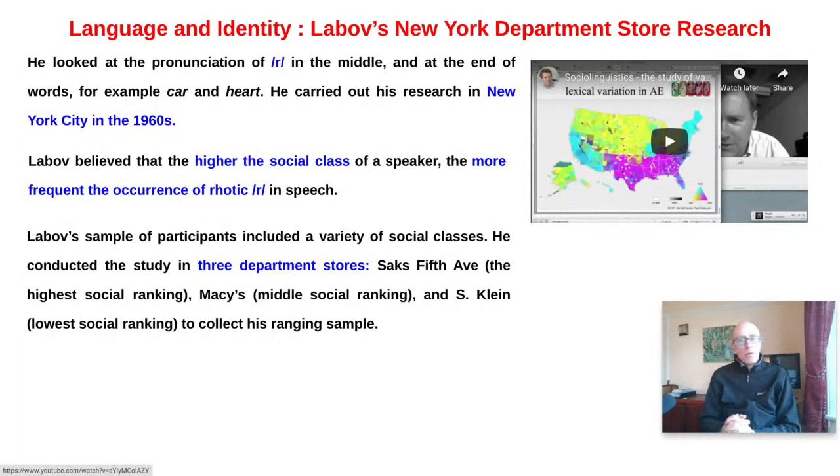Famously, he interviewed a whole load of shop assistants, asking them where women's coats were, because women's coats were up on the 4th floor, and that's the phrase that he wanted to elicit from them. So he would go up to somebody on the 2nd floor and say, "Excuse me, could you tell me where the women's coats are?" And that might elicit the answer 4th floor. And he would pretend to be a little bit hard of hearing, like he couldn't hear them. He'd say, "Excuse me," and they would have to repeat it.